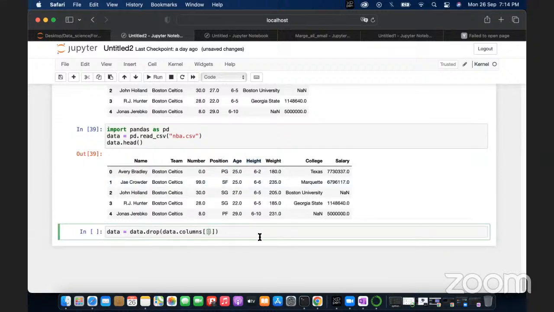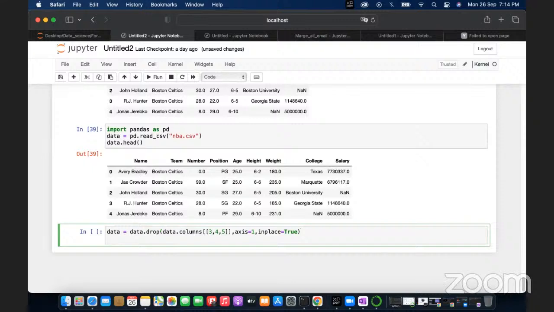If I give it like this, and our axis is equal to 1 and our inplace is equal to true. After that, if we visualize the data dot head, oops,